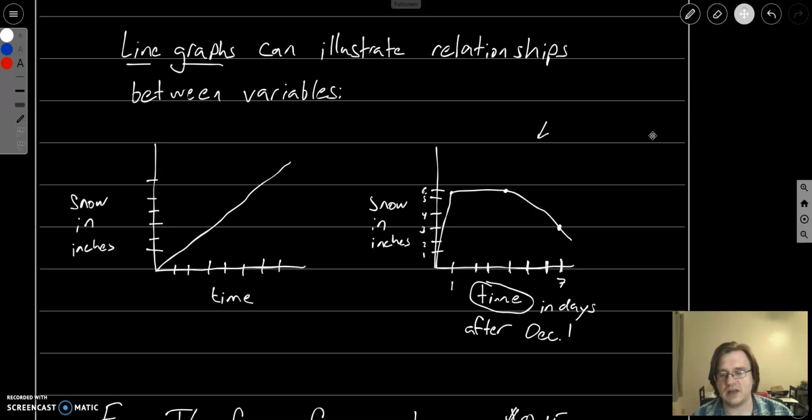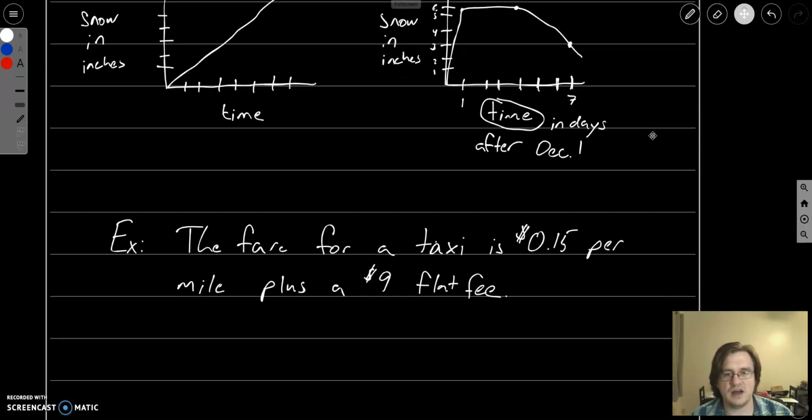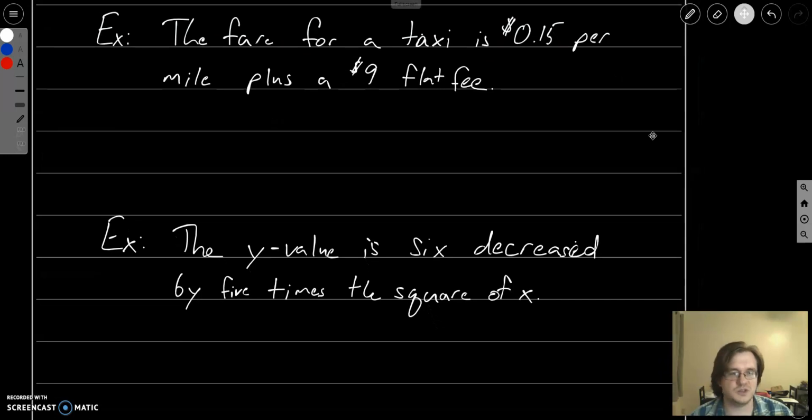And along the same line, we can come up with equations based on words, and this is something that we'll do a little bit this semester, but this is very important outside of the classroom. So for instance, first example, we're going to take a taxi, and the fare is going to be 15 cents per mile plus a $9 flat fee. So it would be nice if we could come up with some way to know exactly how much we'll have to pay